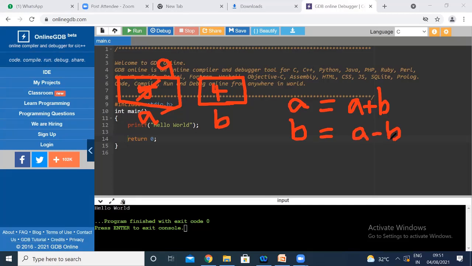Now, what is the value present in A? 9 minus B, 4. So 9 minus 4, which is equivalent to 5. So you are keeping 5 in B. Now, what is the next statement I have to write? A equal to A minus B. A is consisting of 9, 9 minus 5, which is equivalent to 4. So if you try to print A and B values, you will get 4 and 5. So have we interchanged the values of A and B? Without using the third variable also, you can perform the interchanging operation.